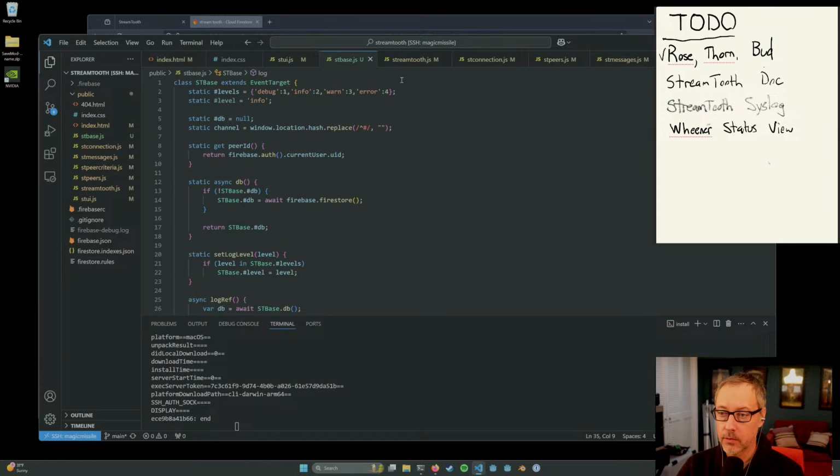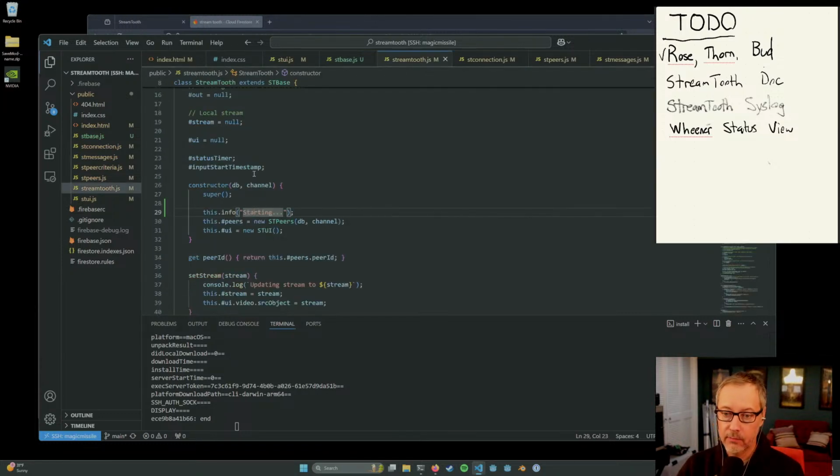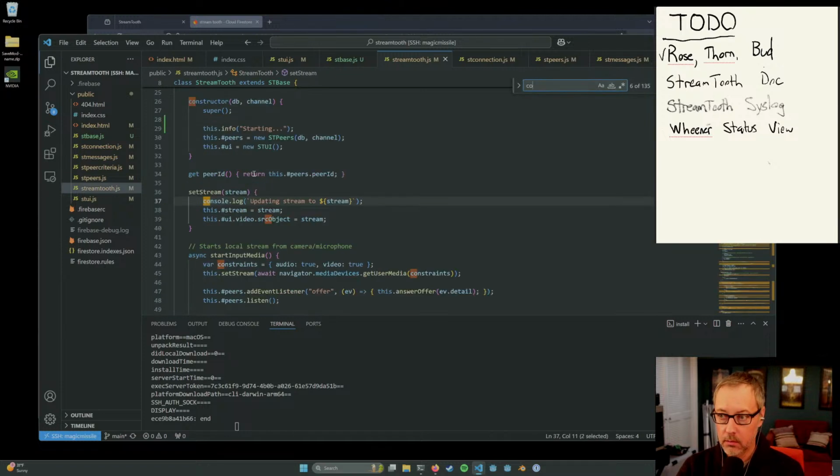All right. So now what we need to do is go through all the code and find everywhere where we're doing console log and replace it with this.info.